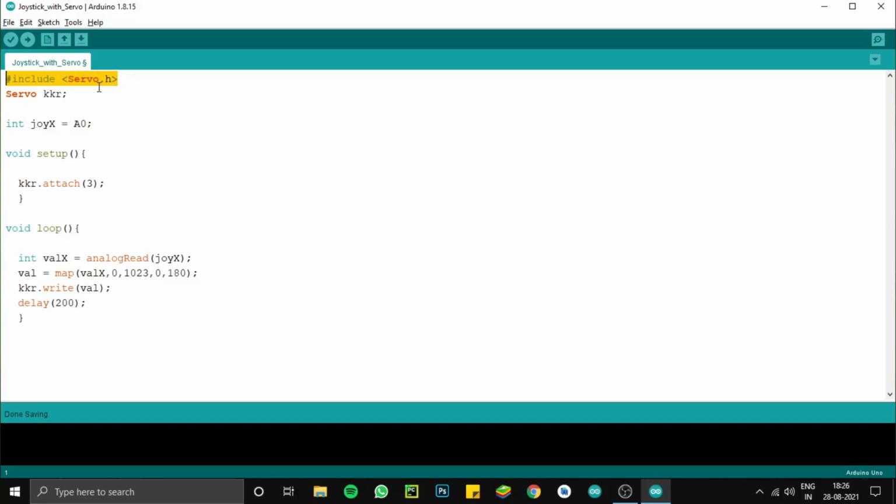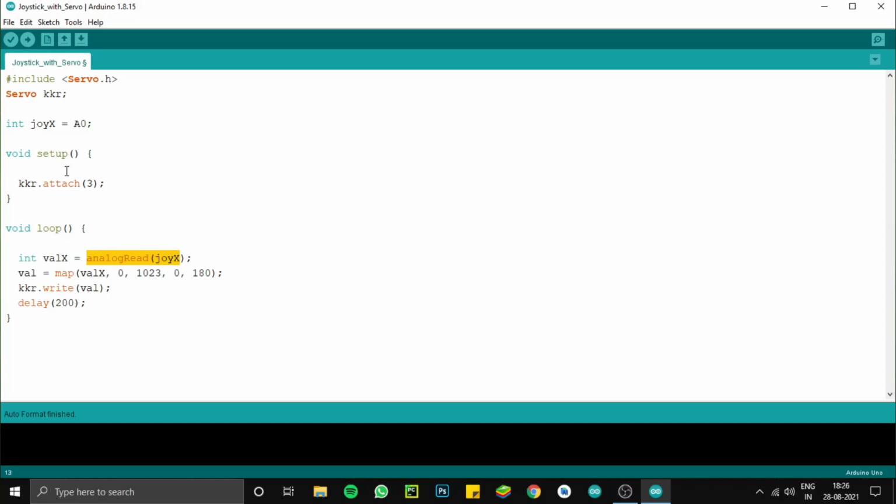First we are including the servo library and declaring a servo motor name. After that we declare the name of the joystick X and the pin of the joystick X. In the void setup we are declaring the pin of the servo motor, which is digital pin 3, using the servo motor name. And in the void loop we are creating two variables, which are valX and val.